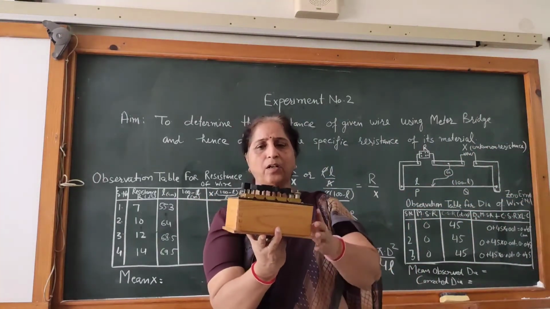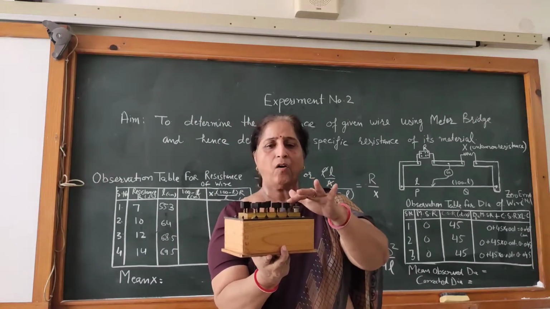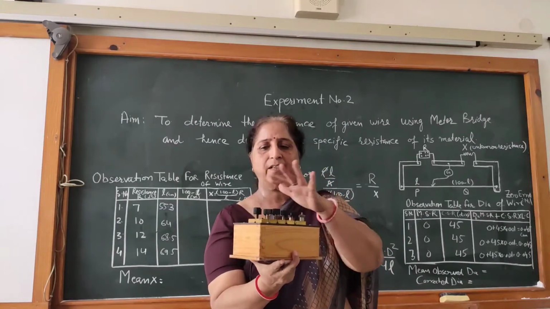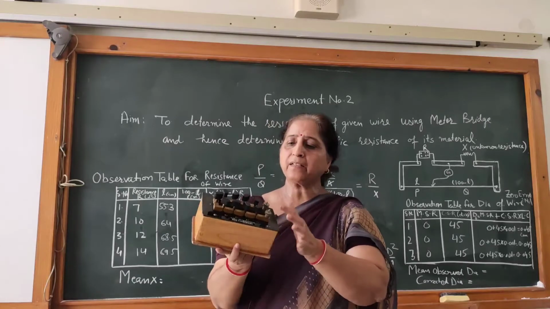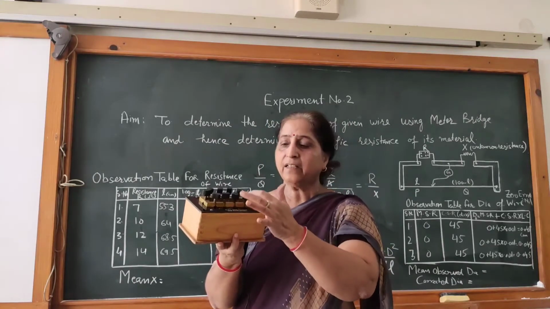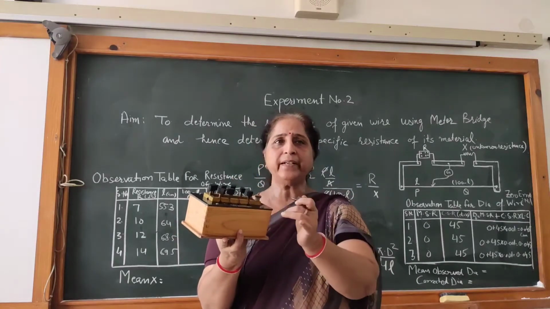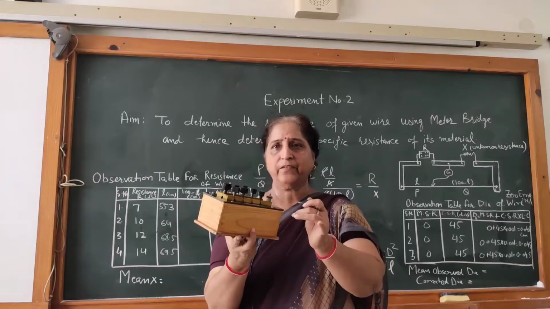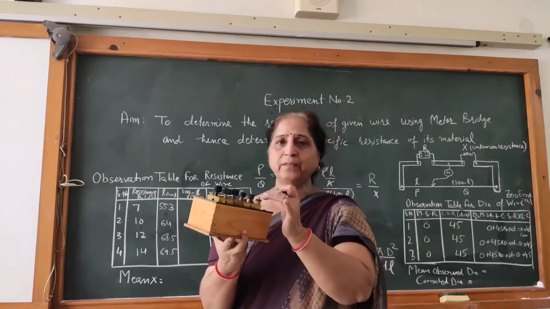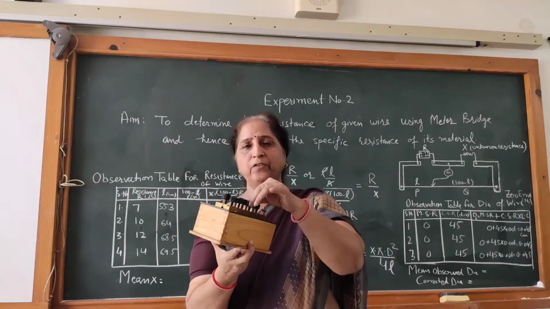In the resistance box, various plugs are provided. All these plugs during the experiment you have to keep very tight, and in front of each plug a number is indicated. That is indicating that by taking out the plug, that much resistance will be introduced in the circuit. When you take out the plug, then whatever number is written in front of this plug, that much resistance you will be capable of introducing.